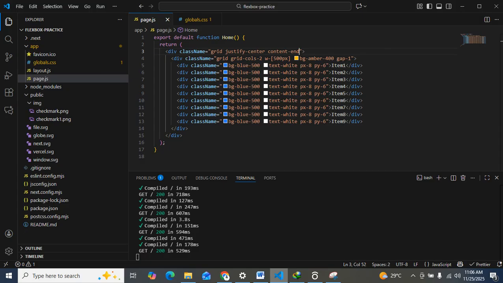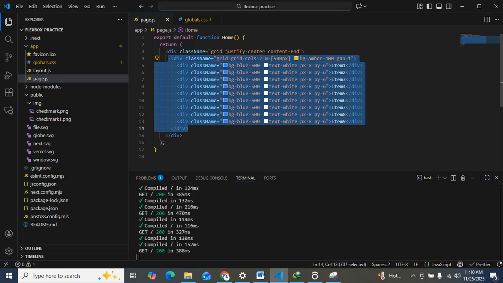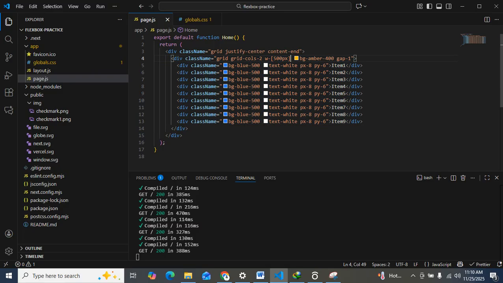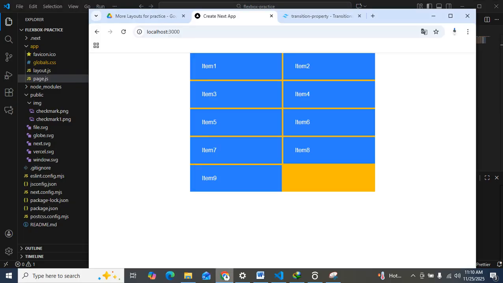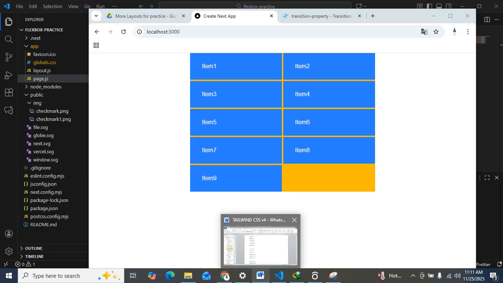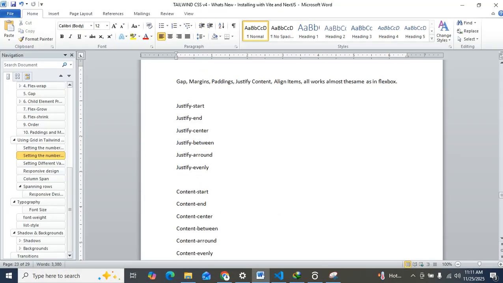Let's see. Now this contents property will only work for this internal container here. So let's move it there, but it's not going to work if you don't define any heights. Okay, so let's put it here first and see how it behaves. You see it's not working now because the height is automatic. But if we define a height that is longer than the content, let's say a height that got up to here, then you'll be able to see how this one works, because this one is for horizontal